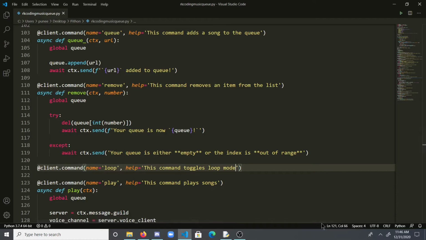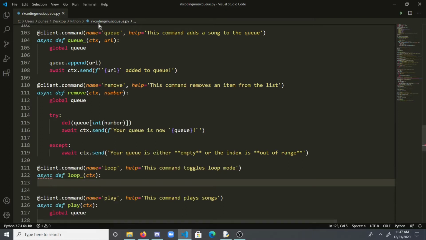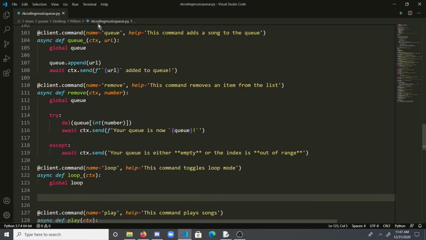And now we're gonna do async def loop ctx, and then we're gonna do global loop, which accesses the loop variable, and then if loop is true, so if we have loop mode enabled,